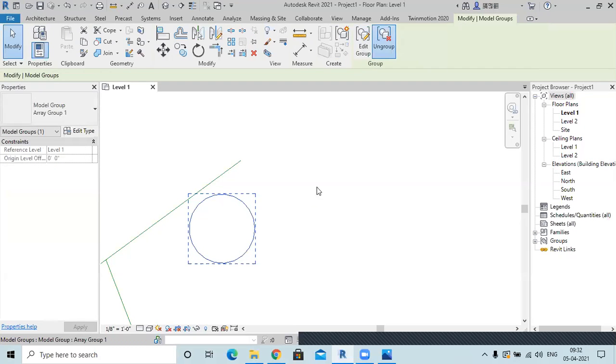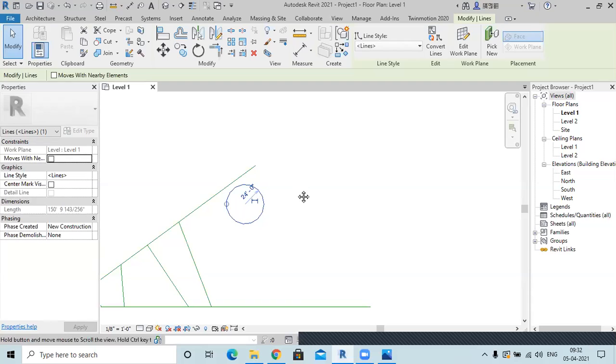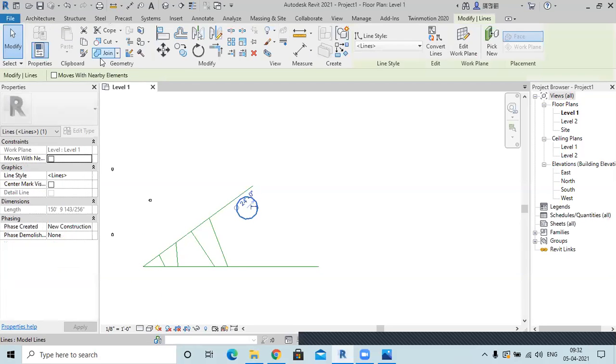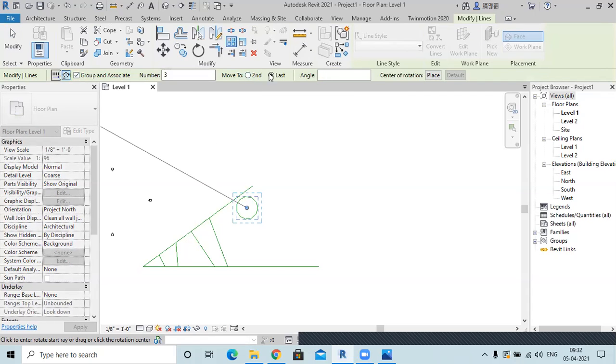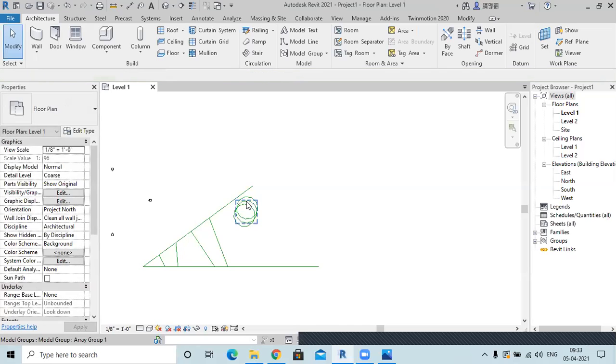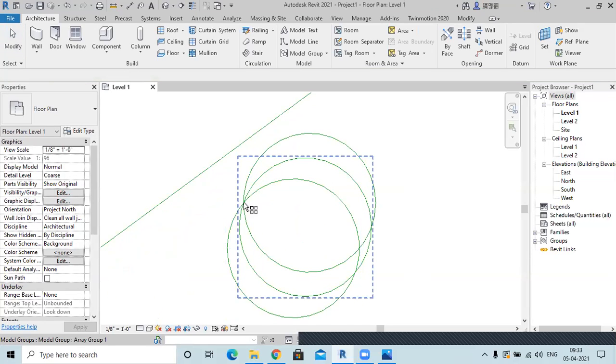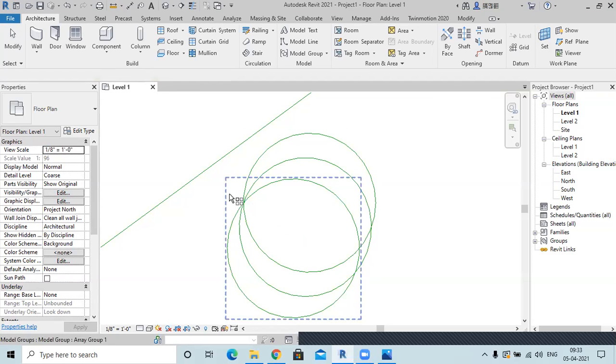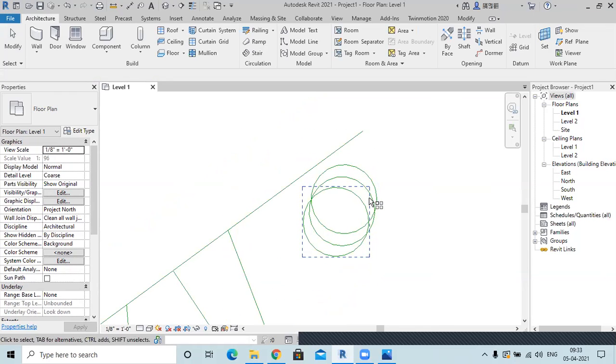Select this, ungroup it. Okay, now I have selected this circle. Since it's a circular thing, I think it'll take a lot of center of rotation. Maybe it's a place I want to keep. Okay, so if I'll create this place a center of rotation and then give an angle of 40 degree, so it will create that as the center of rotation. It will select and then it will make an array. Okay, here in as a center, this is the center of rotation and this is the angle which I have created. Okay, so this is how that array will make.